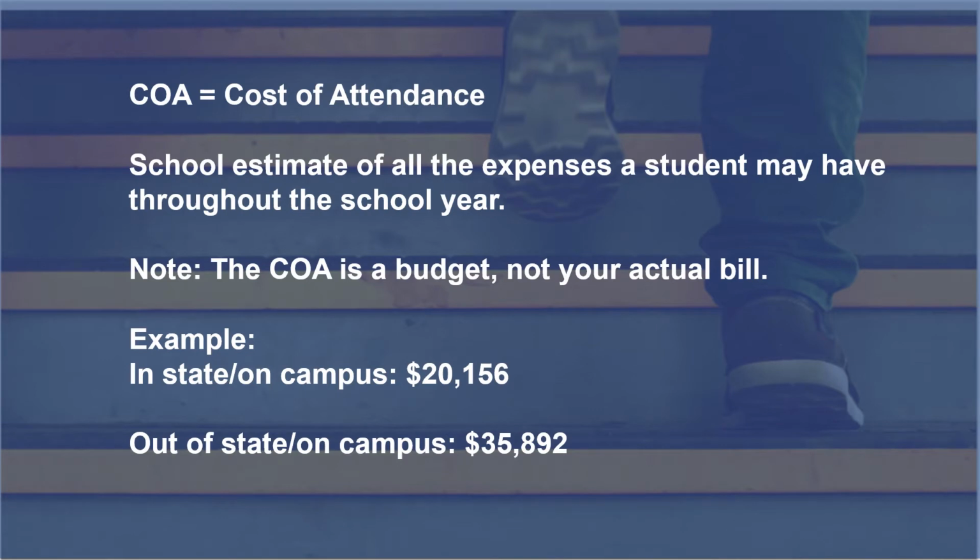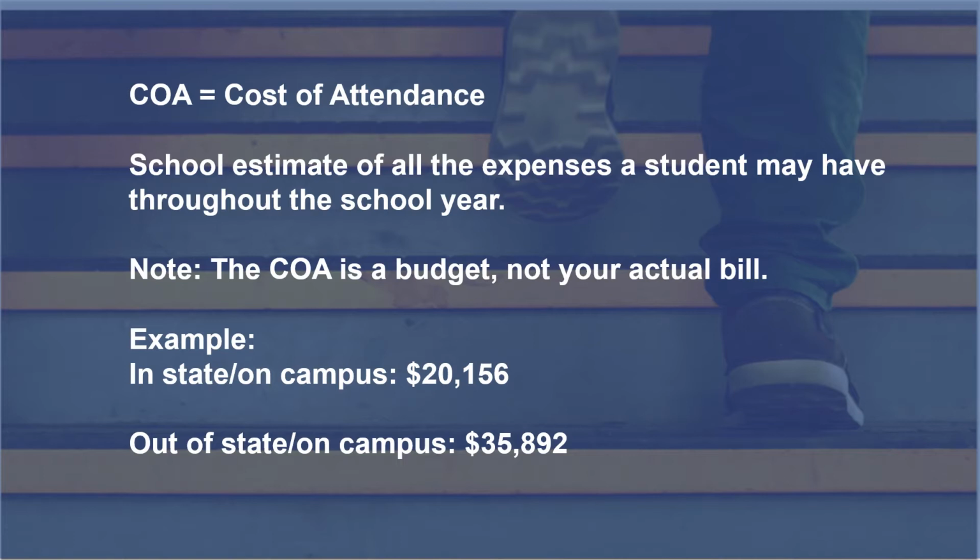You may hear some new terms as you go through this process that may be confusing, so I want to give some clarity on this one called the cost of attendance, or COA. This is an estimate of all the expenses that you might incur during the time that you're in school for the academic year. Please note this is a budget, not your actual bill. Your actual expenses may be much lower or a bit higher than our estimates, but this is a tool that you can use to plan on how much you're going to need for the semester or for the academic year